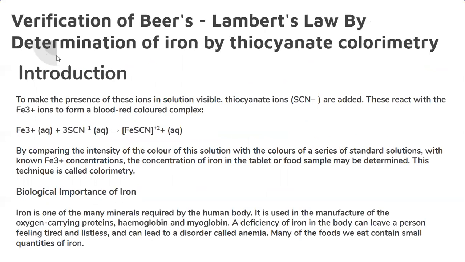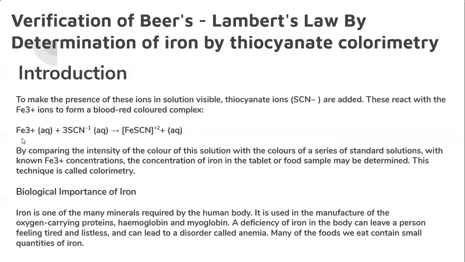Okay, so first, in this method we are using thiocyanide. So why are we using thiocyanide? Because the iron which is dissolved in water is a colorless solution. Iron in water is a colorless solution, but in colorimetry we need to use a colored solution. So how can we impart color to that colorless solution? By using a reagent which can specifically react with our analyte. So for that purpose here we are using thiocyanide. We have different analytes, but in this method we are using thiocyanide.